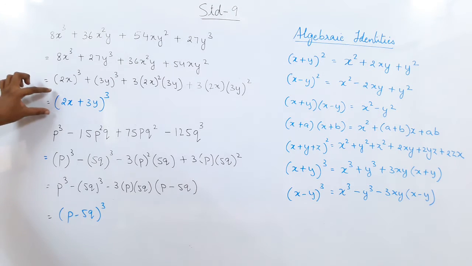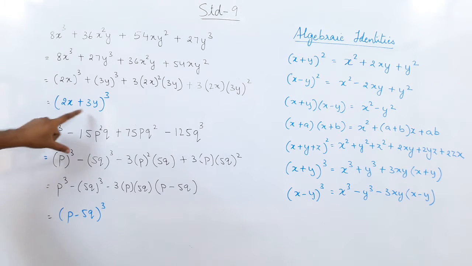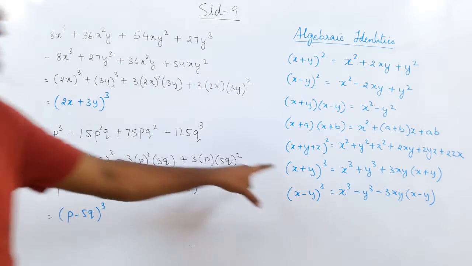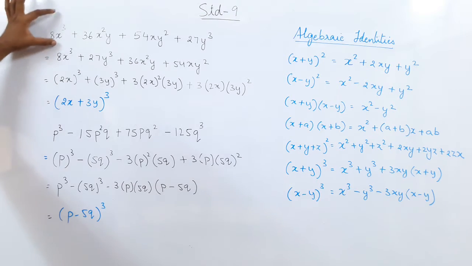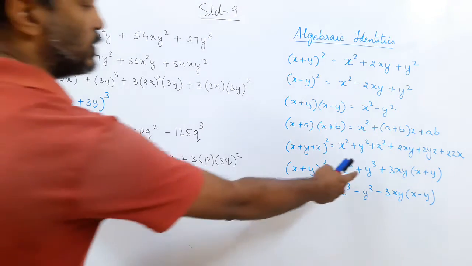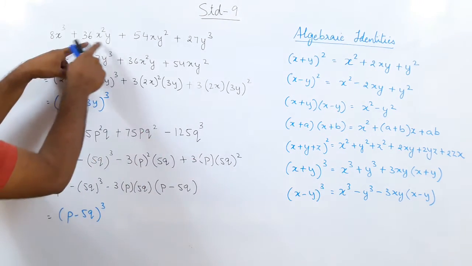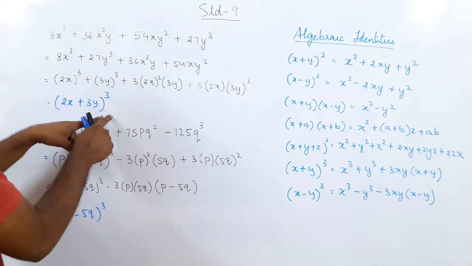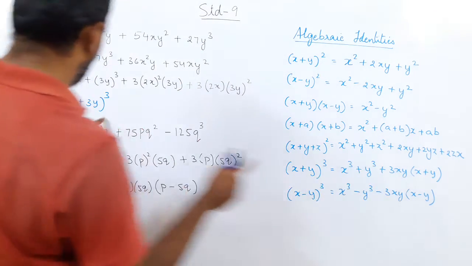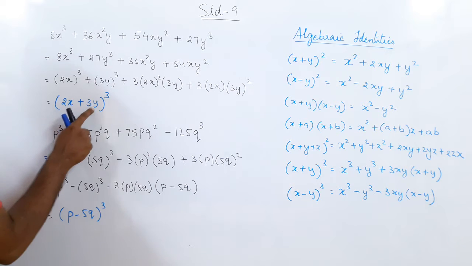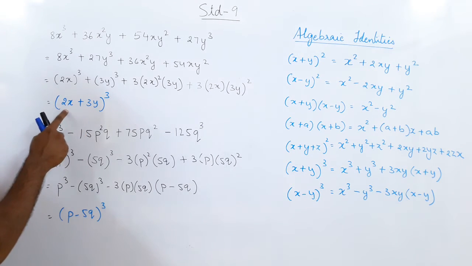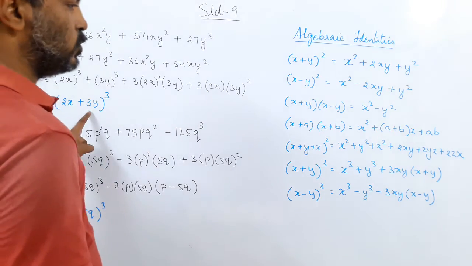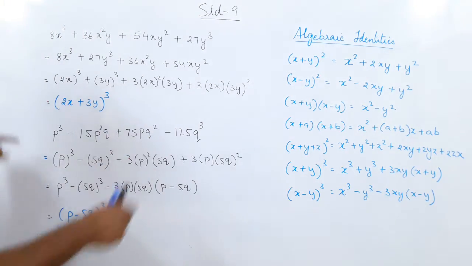Okay? So now if you are told to expand this, then you can expand it directly. How? (2x + 3y) the whole cube. Now (x + y) the whole cube is this, so it will be (2x) the whole cube, that is 8x cube. Then (3y) the whole cube is 27y cube, plus 3 into x into y. So 3 into 2x into 3y, 3 3s are 9, 2s are, yes, 3 into 2x into 3y into bracket (2x + 3y).